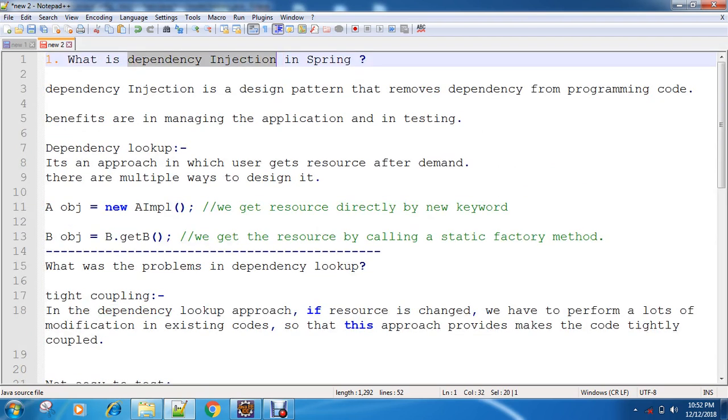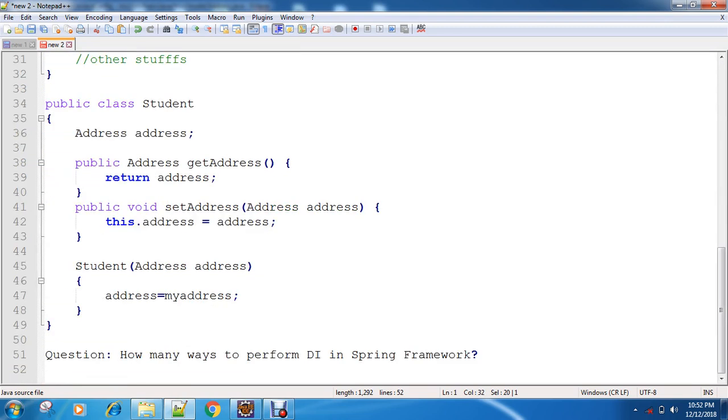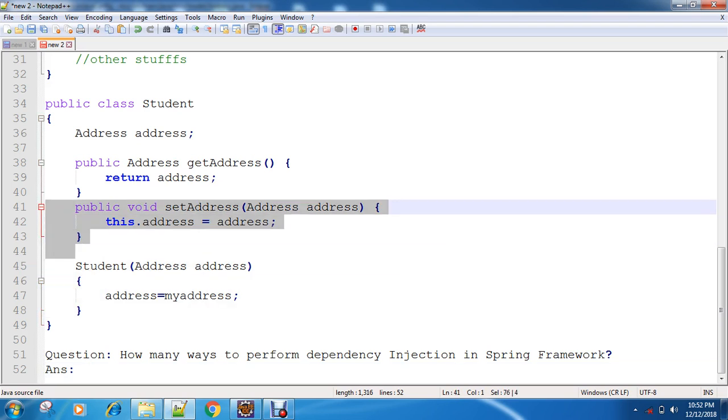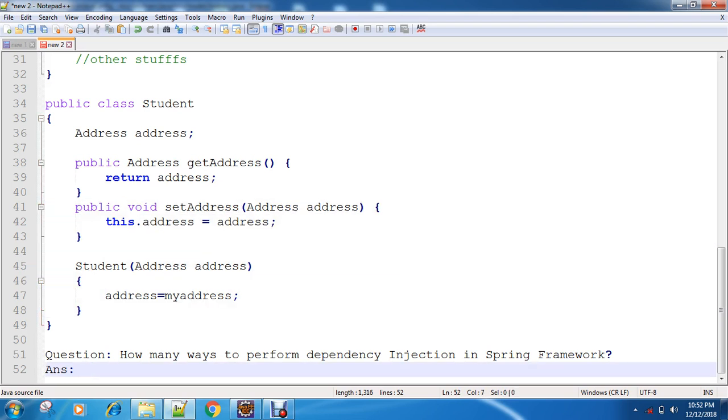Coming to this point, I'm giving the example answer. How many ways to perform dependency injection in the Spring framework? There are two ways: the first one is constructor, another is setter. To give the answer,